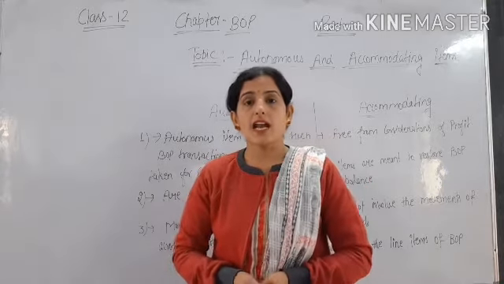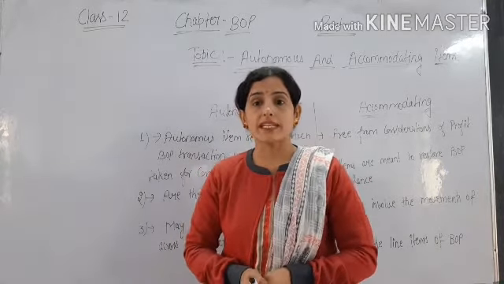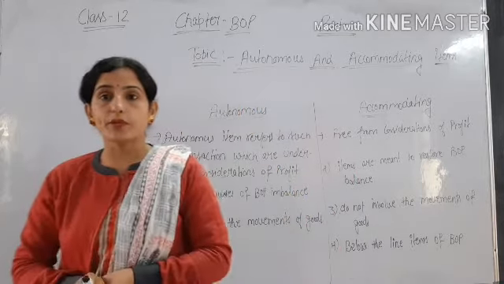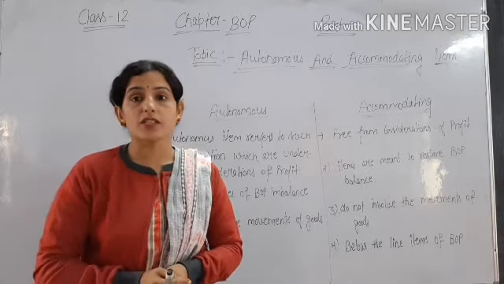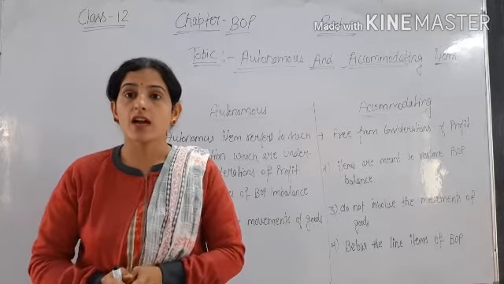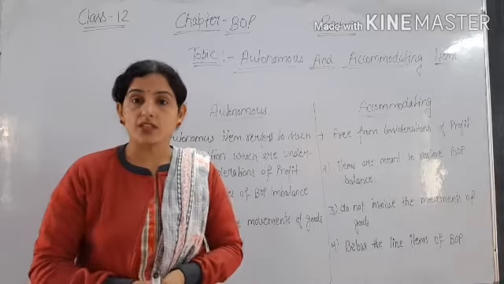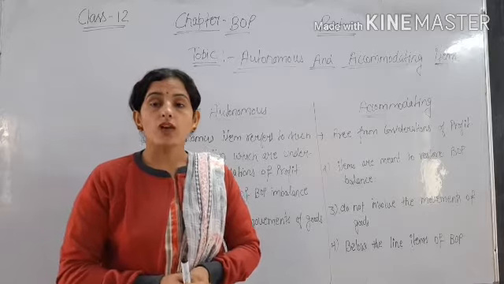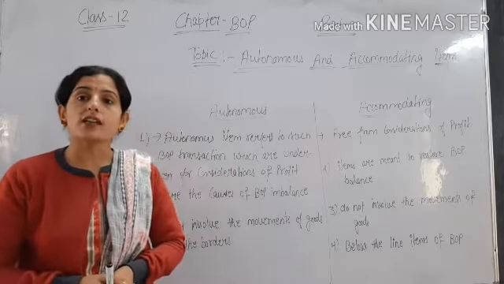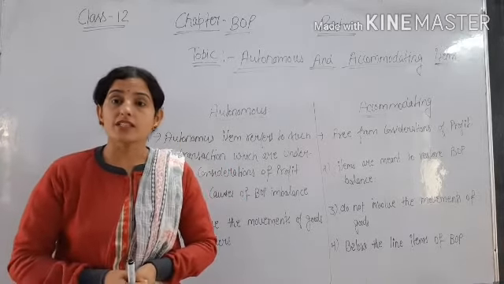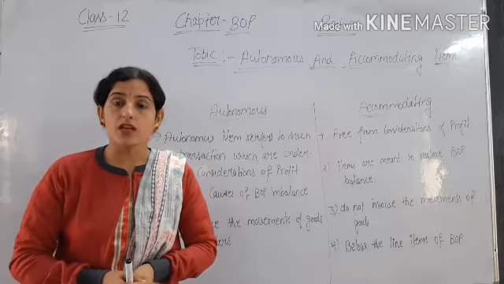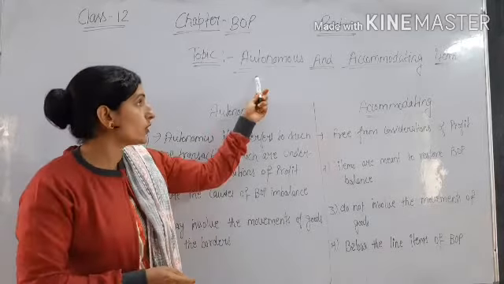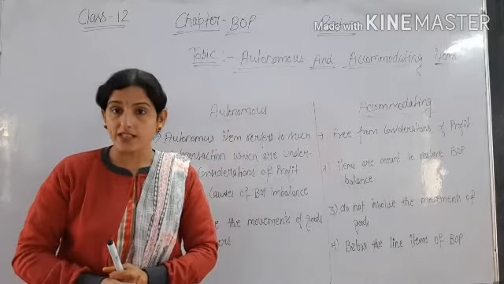Good morning students. Today we will discuss the topic autonomous and accommodating items in BOP, that is, balance of payment. In earlier videos we talked about the meaning, the components of BOP, the three types of accounts of BOP, then BOP equilibrium and disequilibrium, where equilibrium is struck and what the situation of disequilibrium is, BOP surplus and BOP deficit. Okay. So now we will talk about the autonomous and accommodating items that are taken in transactions in BOP. Firstly we will know the meaning of autonomous and accommodating items.